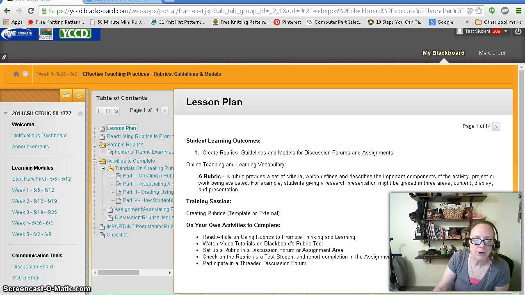What I'm going to be providing to you are templates of rubrics from Blackboard. These are exemplary rubrics. Now a rubric is going to be important to your communication tools and also many of your assignments. And what's nice about having a template is that there's already sets of criteria that you can actually edit. You can delete some of the criteria that doesn't apply, or you can actually make a rubric from scratch